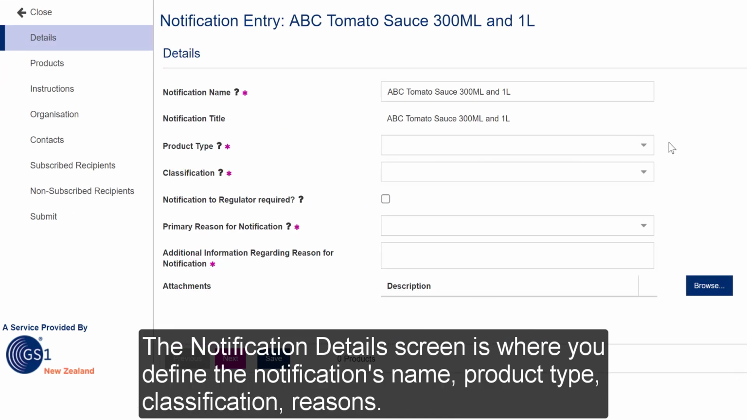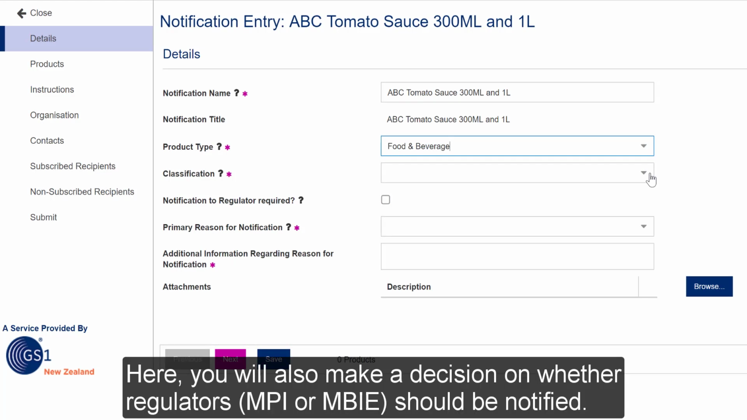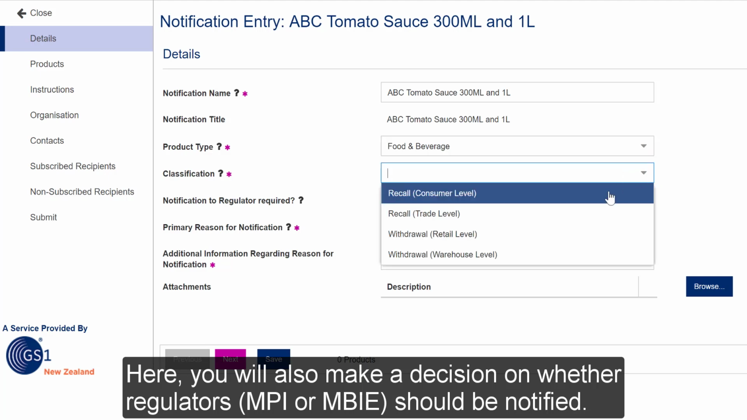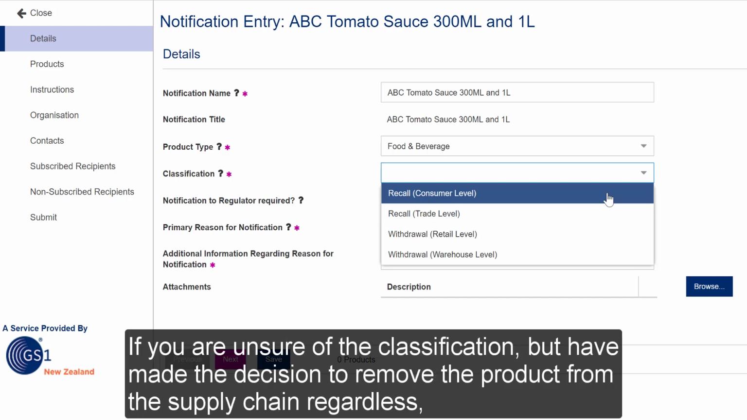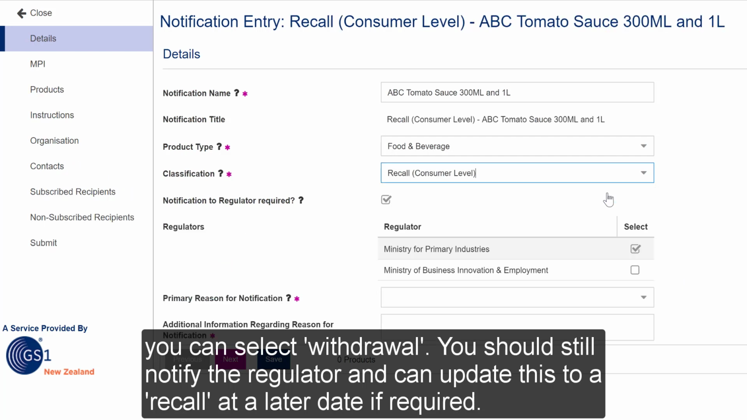The Notification Details screen is where you define the notification's name, product type, classification, and reasons. This is also the screen where you will make a decision on whether the regulators, Ministry for Primary Industries or Ministry of Business, Innovation and Employment, should be notified. If you are unsure of the classification, but have made the decision to remove the product from the supply chain regardless, you can select Withdrawal as your classification. However, you should still notify the regulator, and you'll be able to update this to a recall at a later